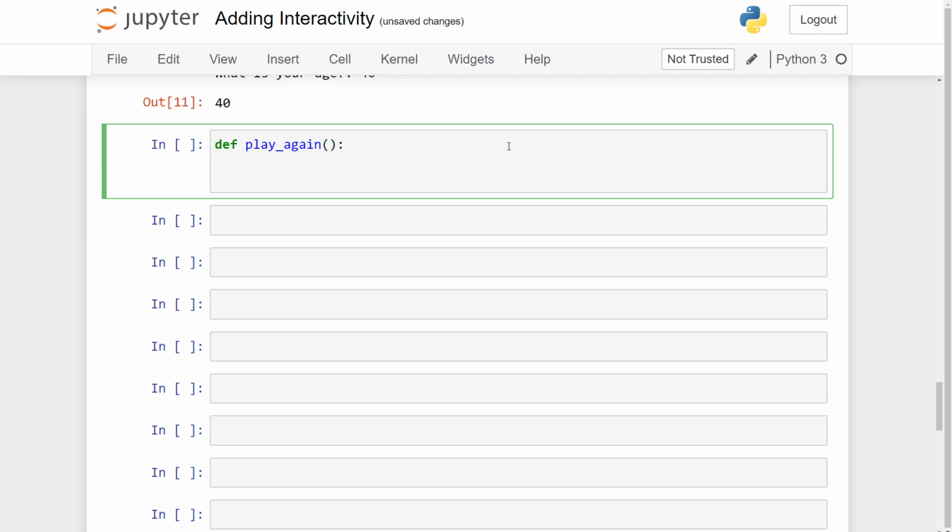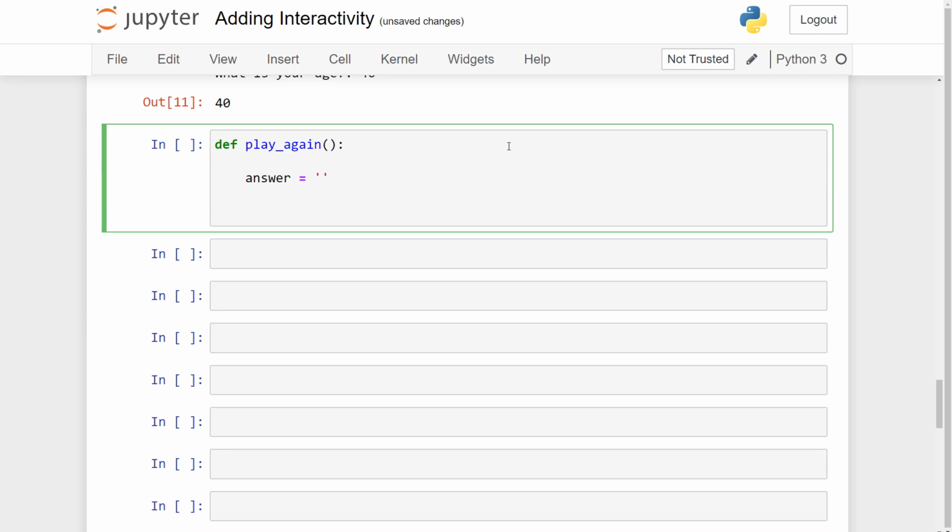And we're going to start by creating a variable called answer, and we're going to once again set this to an empty string. Now because we know we're working with a string object here, we can once again perform a loop to make sure that we're getting the expected input from the user. So if we're expecting to only get the values Y or N, bearing in mind we don't know if they're going to give it to us in capitals or not, what we could do is create an expression that checks